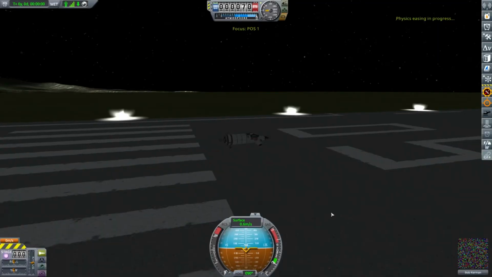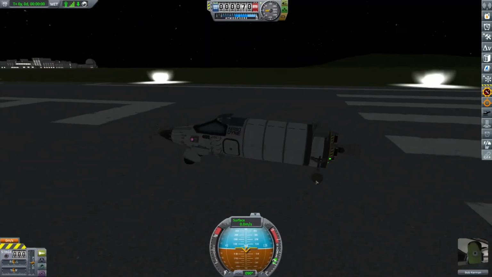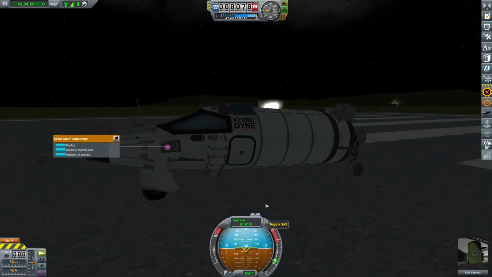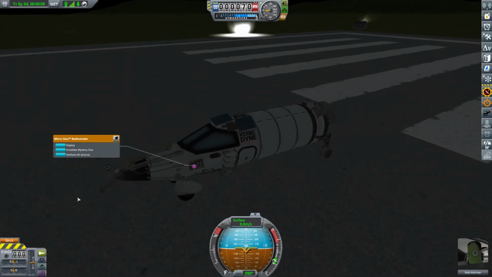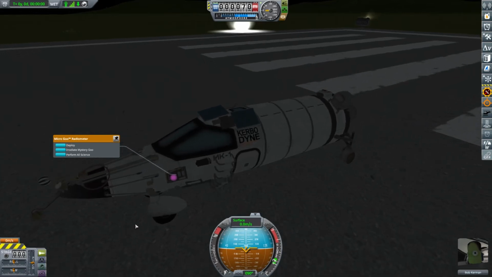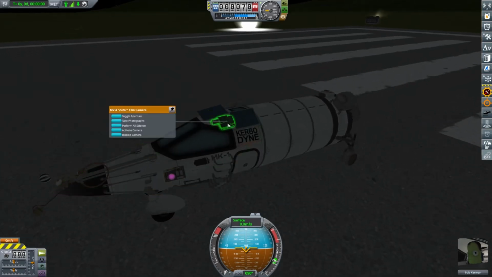Now, with this all-you-all mod, I could click on one of these and it would do all of the experiments all together. If we click on one of them, I'll show you. So if we click on this, let's put the brakes on. Perform all science would cause everything to activate all at once. But we're not going to do that. We're going to go ahead and